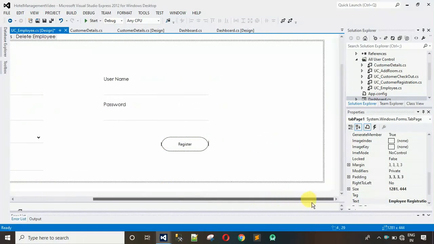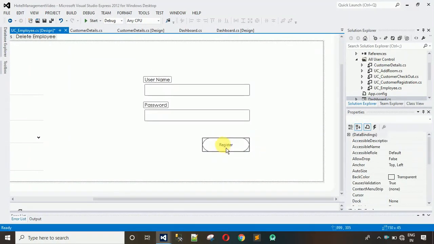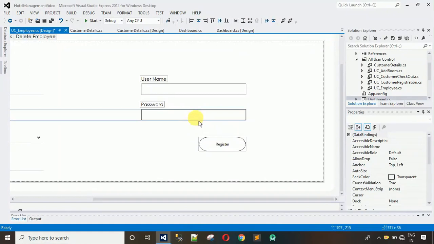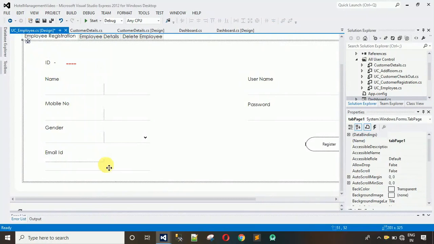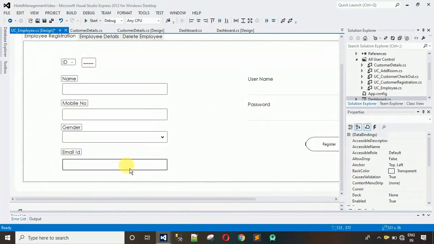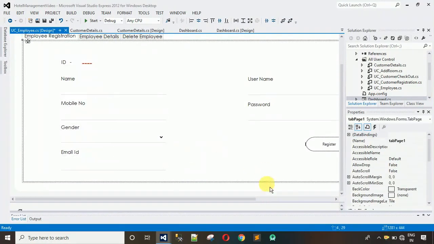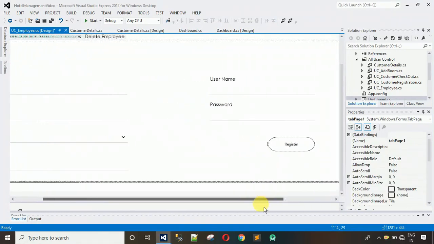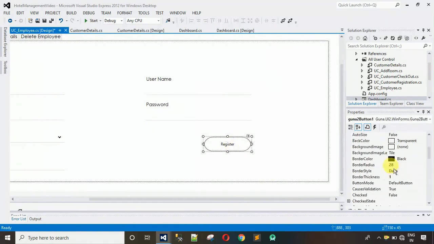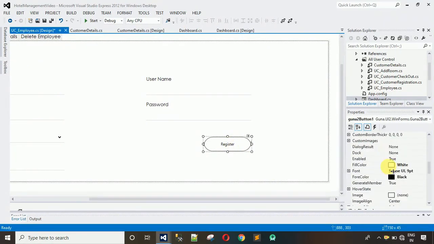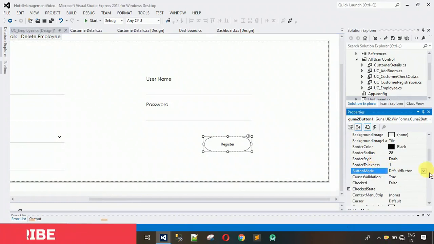After this, okay, so we left a lot of space over here, so I'm going to drag all this stuff a little bit to the right side. Okay, and we have to move all this stuff also a little bit to the right side. Okay, so now this is better. So after this, we have to change one property of this button. That is nothing but the button mode. Change this one to